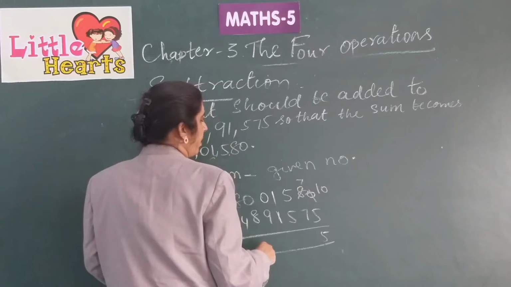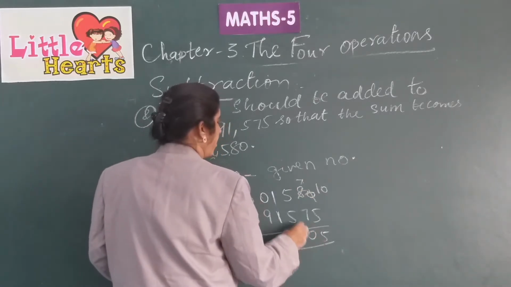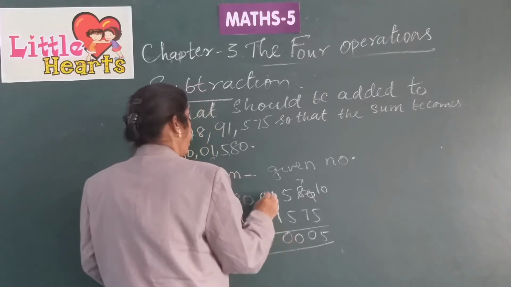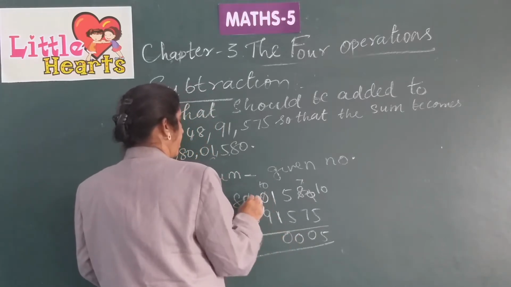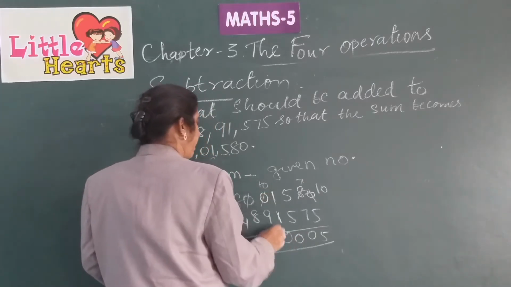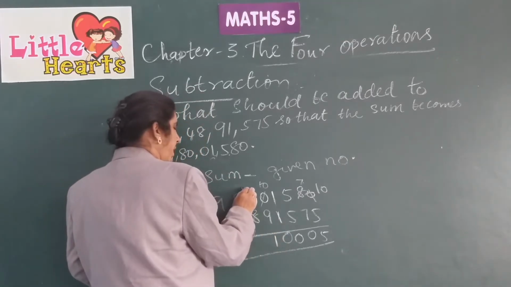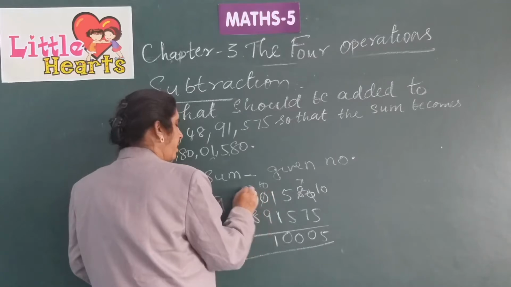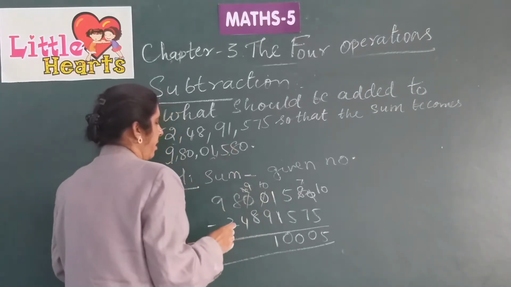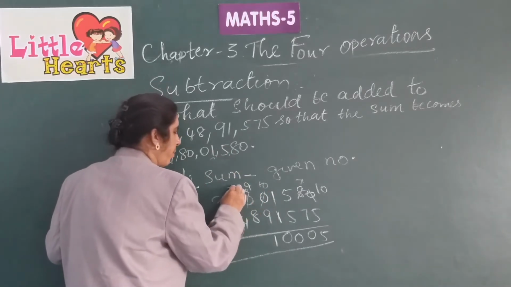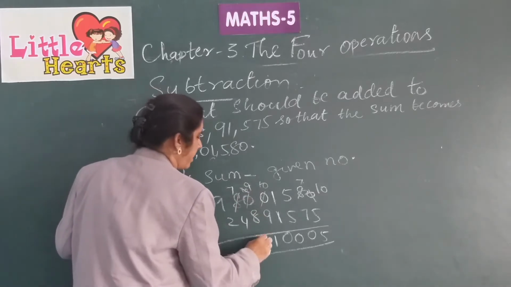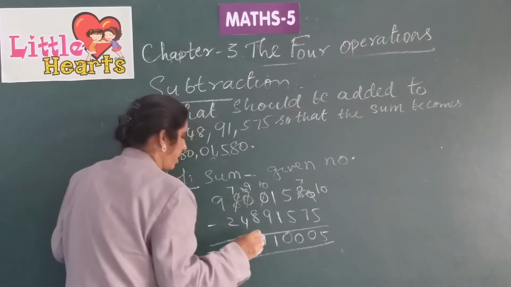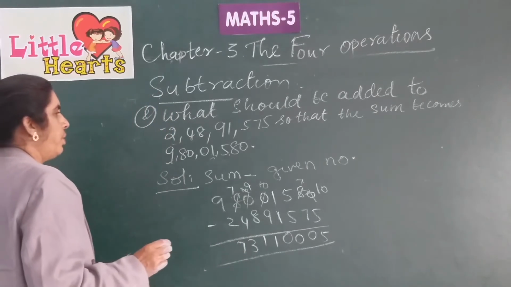This becomes 7. 7 minus 7, 0. 5 minus 5, 0. 1 minus 1, 0. 10. This becomes 10 minus 9, 1. This becomes 10, and from this we give to this. This becomes 9, and this we should borrow from here. 9 minus 8, 1. 7 minus 4, 3. 9 minus 2, 7. So we should add